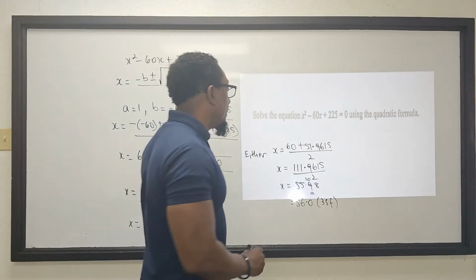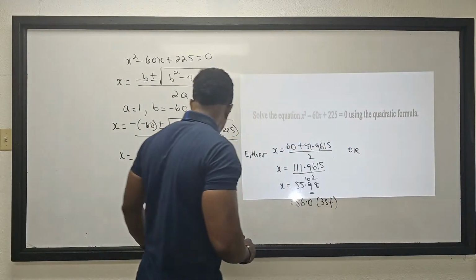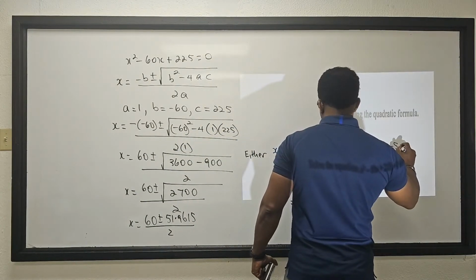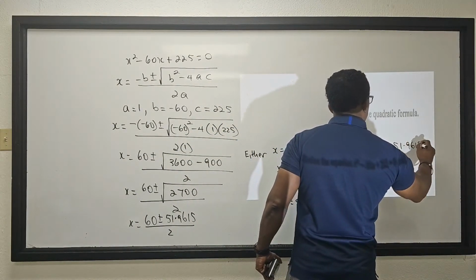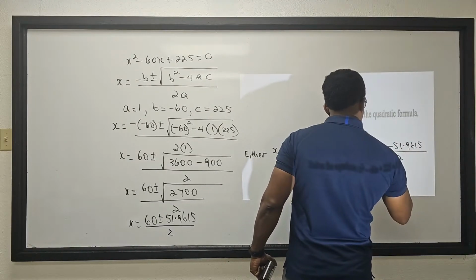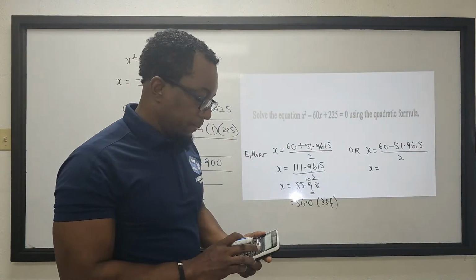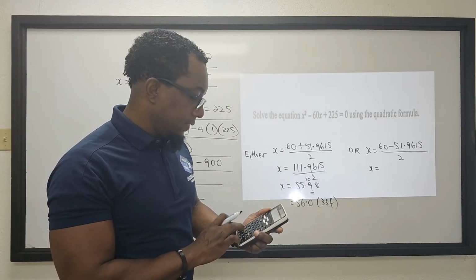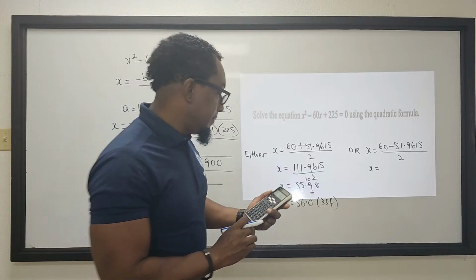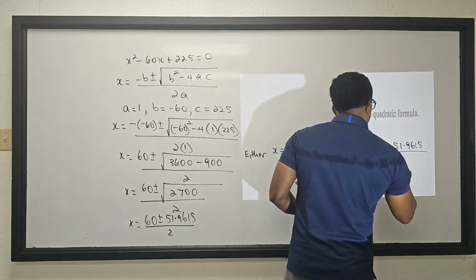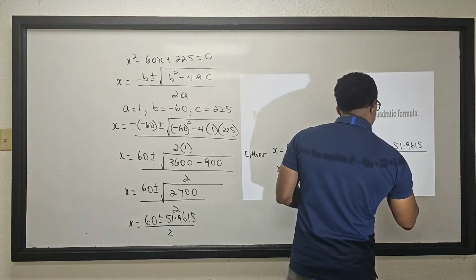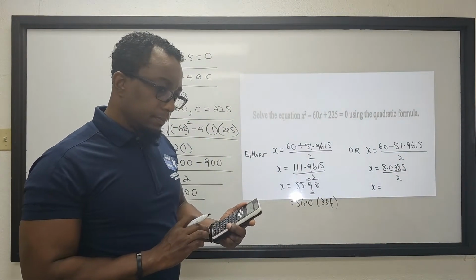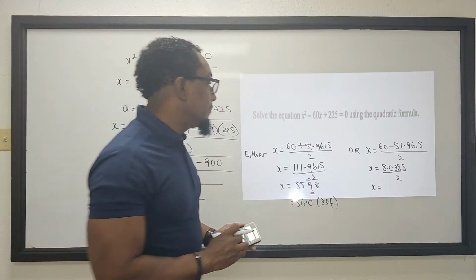And let's work out the OR part of it now. OR, I'm going to take 60 subtract, x is equal to 60 subtract 51.9615 divided by 2. So this will give us 60 subtract 51.9615. So this will give me 8.0385 divided by 2. When I divide by 2, I'm going to get